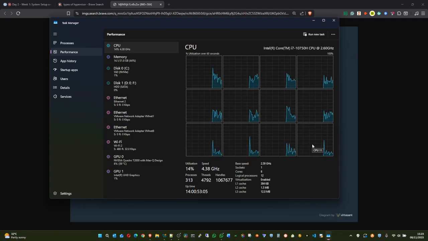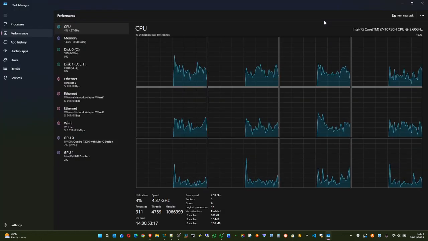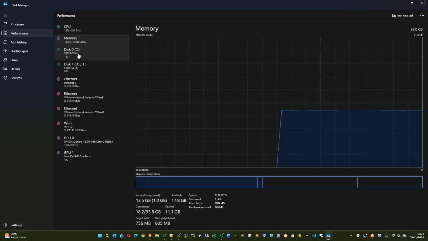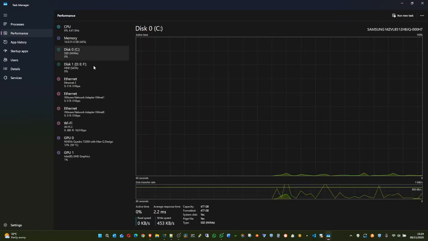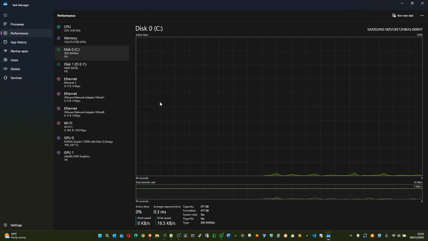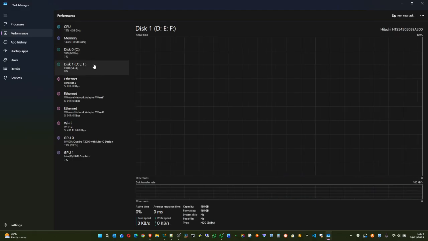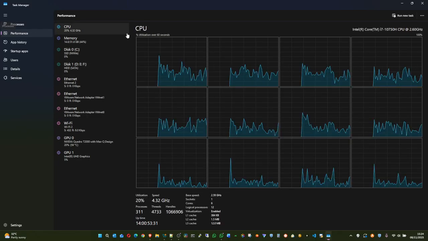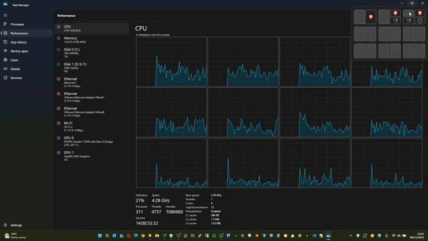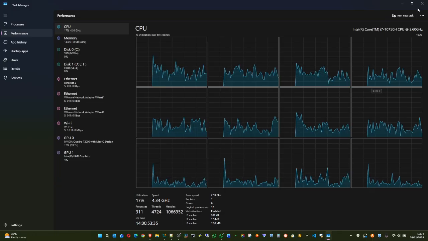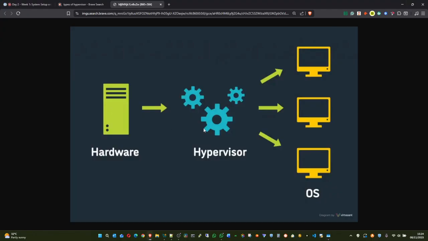My computer is a 12 cores processor, Core i7, and it is 32 gig RAM, meaning you can see all the processors working independently. With a 32 gig RAM, an almost 1 terabyte 512 SSD disk, and an additional 1 terabyte storage. So what the hypervisor will do is, I can now create multiple virtual machines.